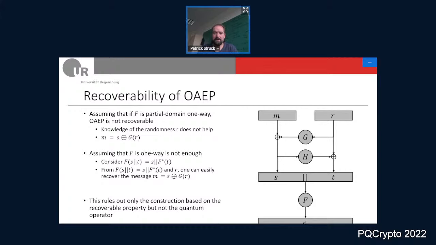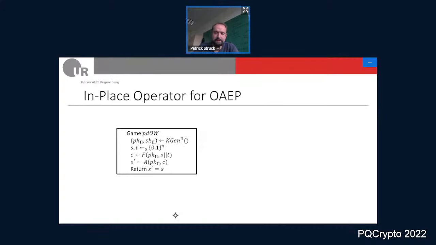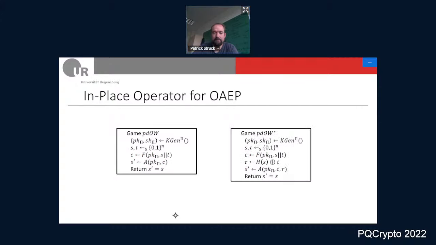We now know that the OAEP construction is not recoverable, but this so far only rules out the one construction for the quantum operator that we know, but it doesn't mean that there's no other way to do it. And to deal with that, we introduce a new security notion. So first, here's this partial domain one-wayness written out as a game. Some inputs S and T are chosen, then the function is applied, and the adversary is asked to find this partial pre-image. And we construct a variant of this notion where we give the adversary an additional value R here,